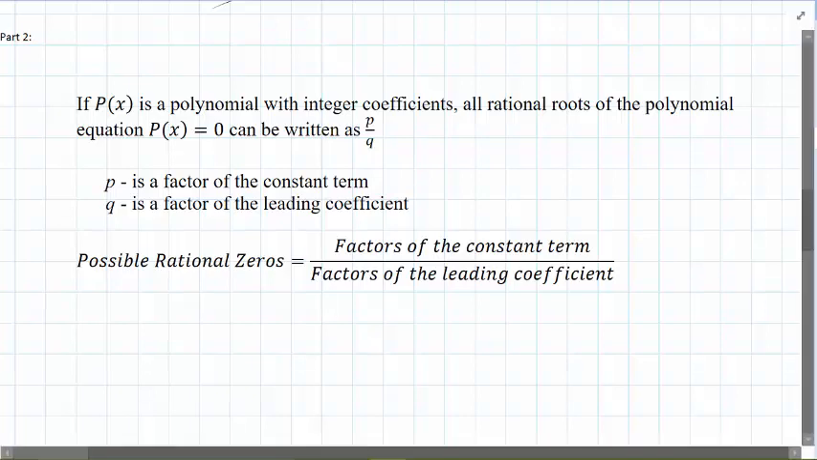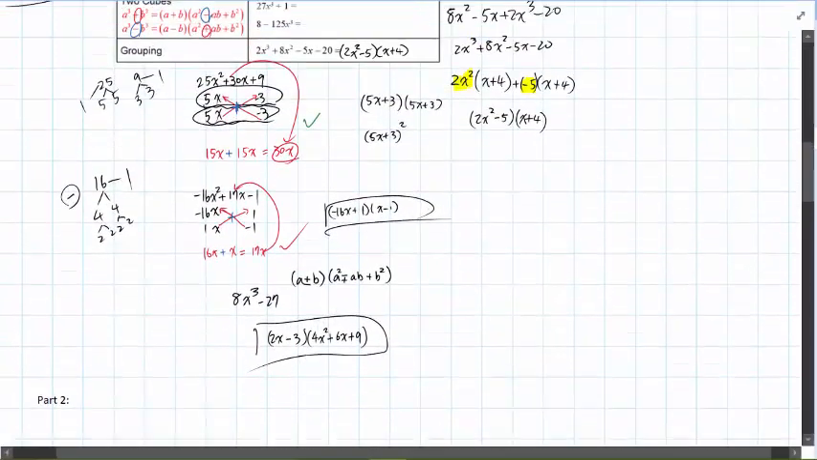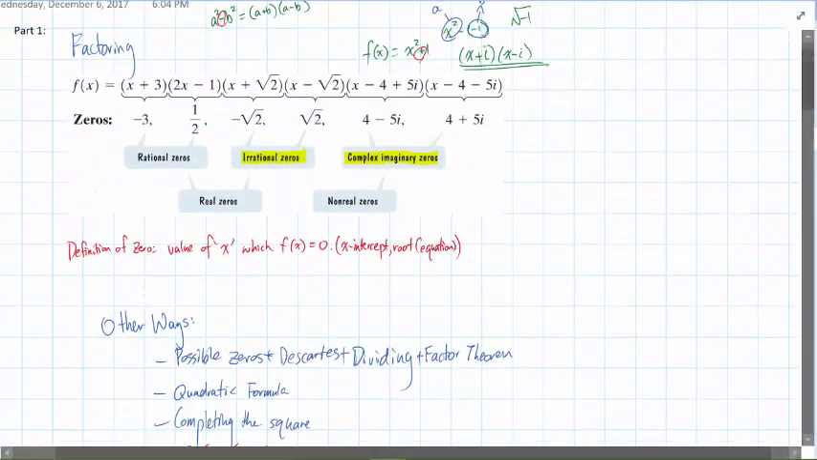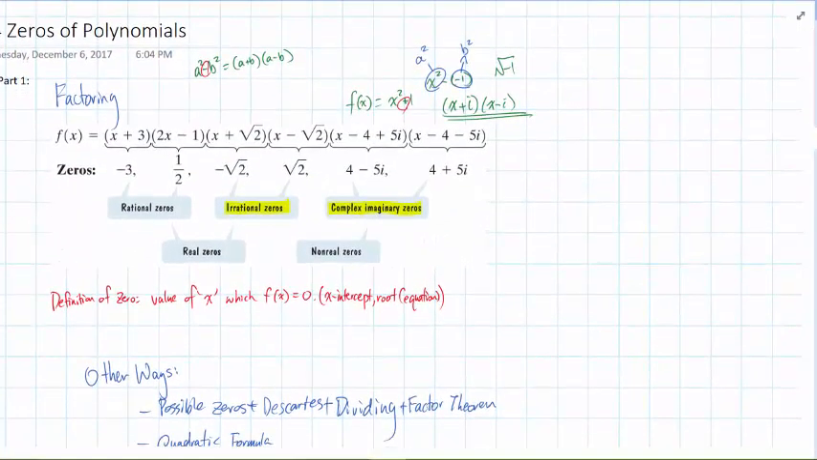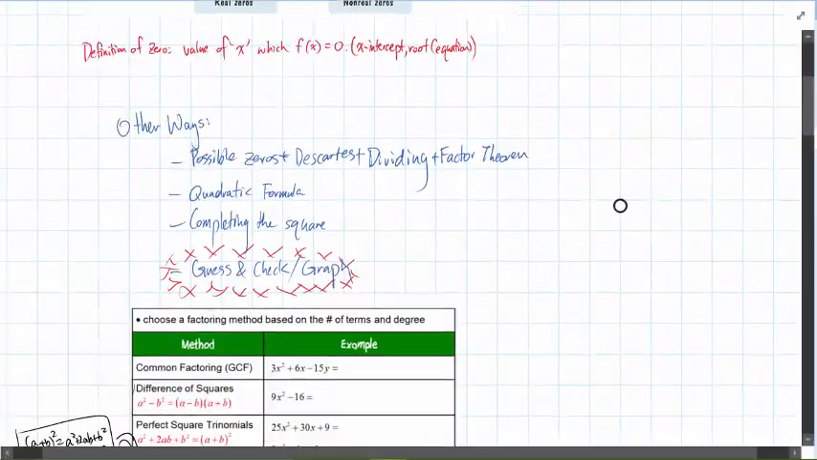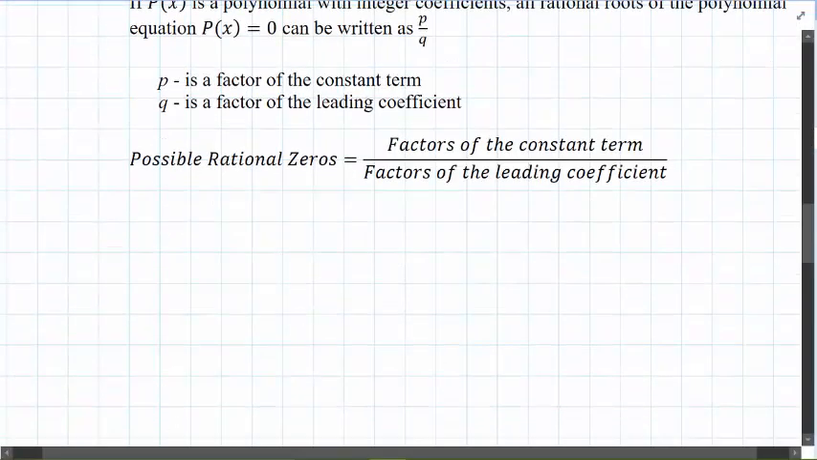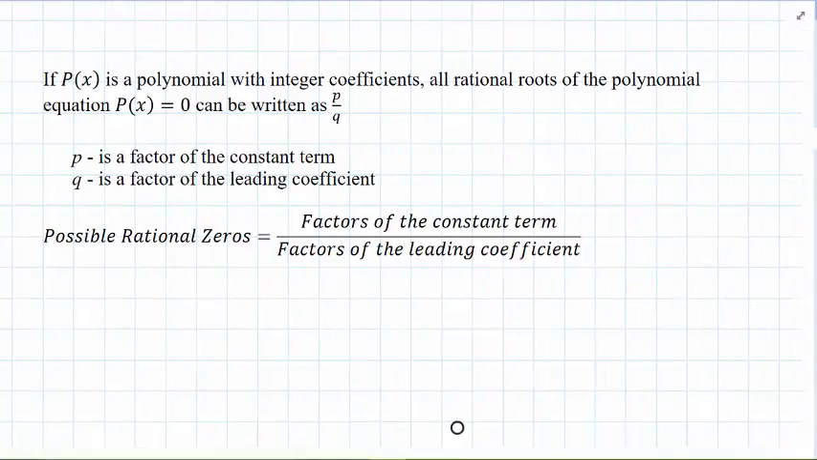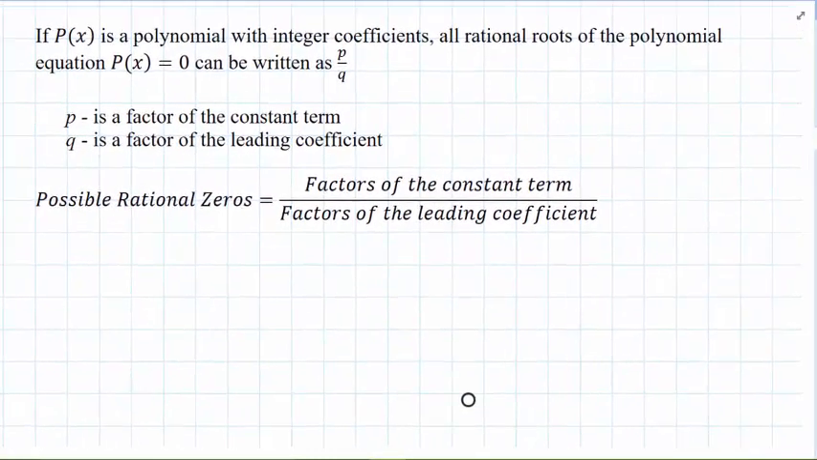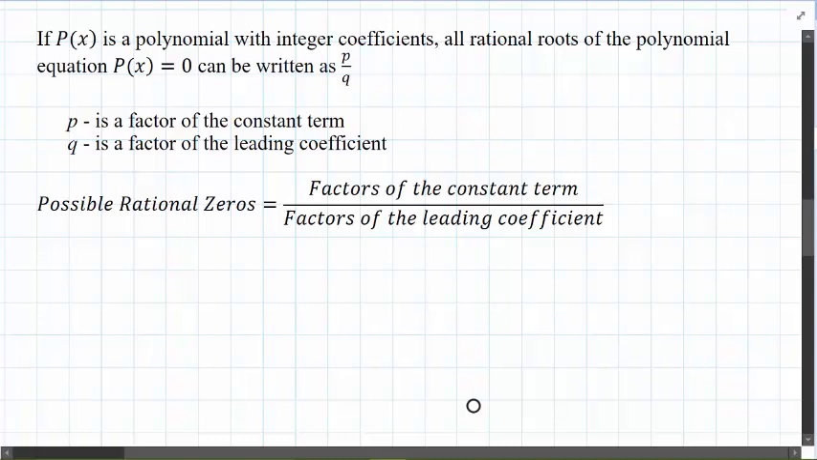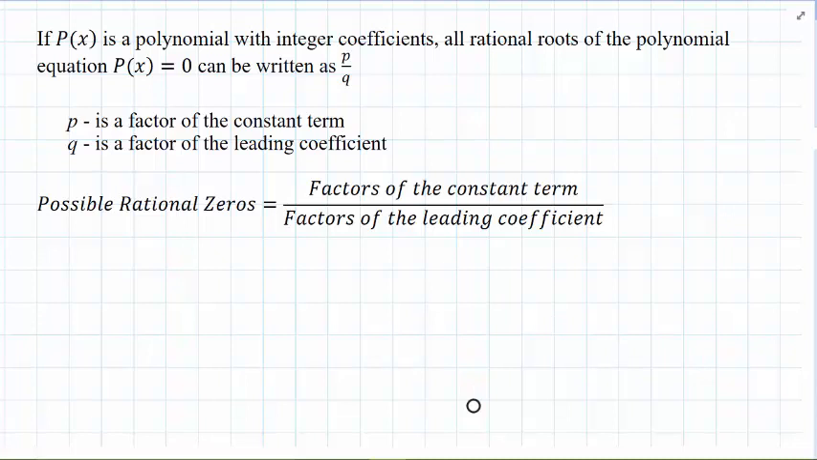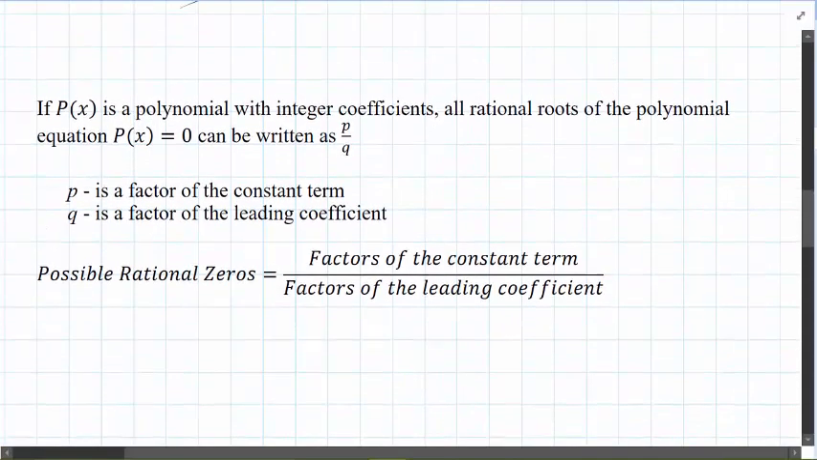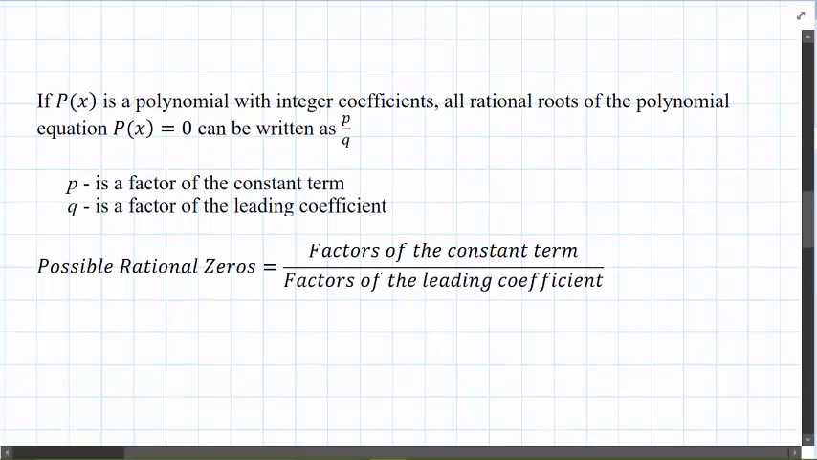So we've gone over part 1 of 3.4, which is factoring and understanding what a zero is and the basic concepts of solving zeros. But now we have to move on, and there's a concept called possible zeros. There are multiple different ways to get the possible zeros, and one way is the possible rational zero